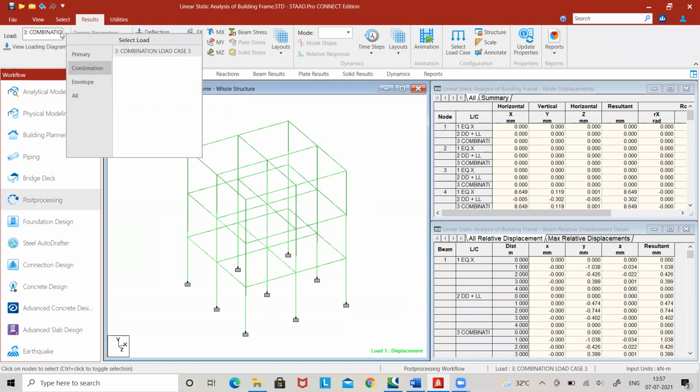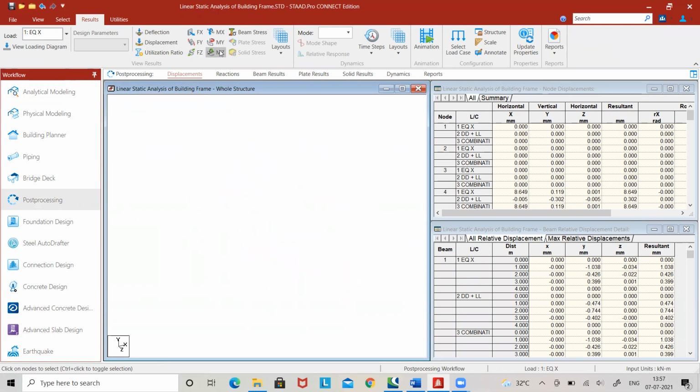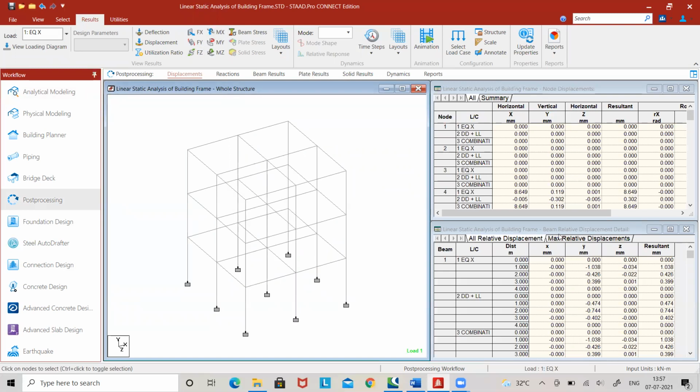If you select only EQX, then the results of EQX will be located here. The diagram will show the deformation, bending moment diagram, MZ, then MX. All these values you can see from tables, you can view from reports also.